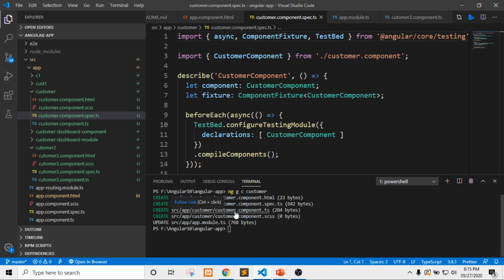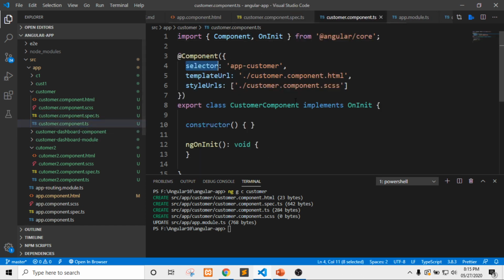The third file is customer.component.ts, this one. Angular has created this file by default with all the necessary requirements. Here we can see it has imported Component and OnInit from @angular/core, and it has the @component decorator, and it has the attribute selector.